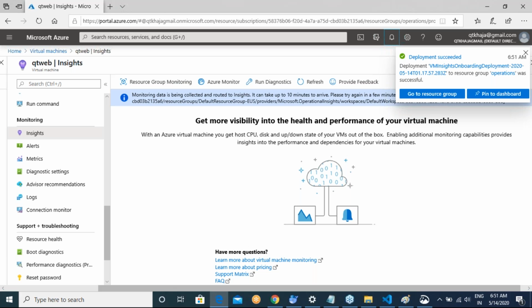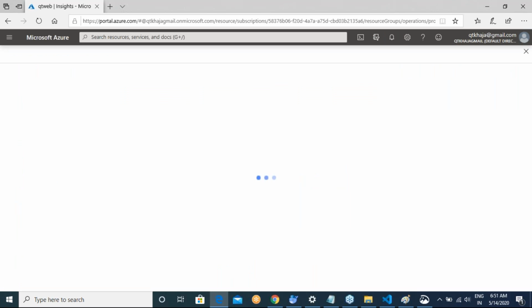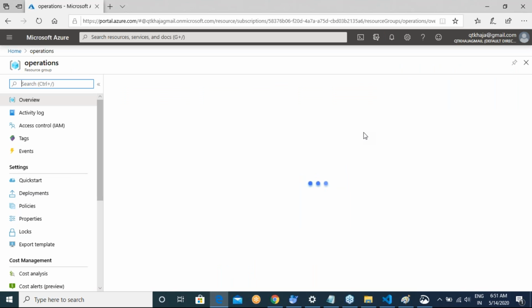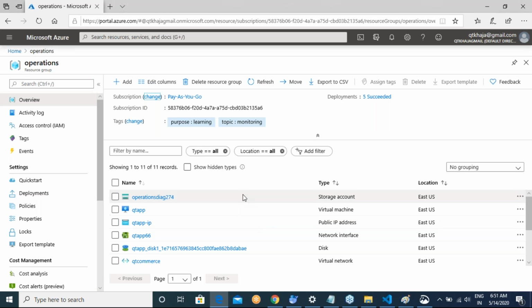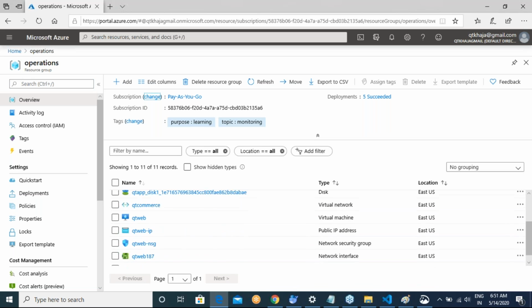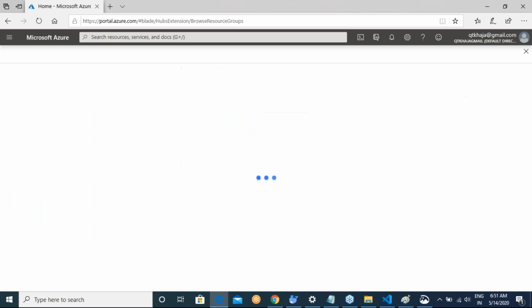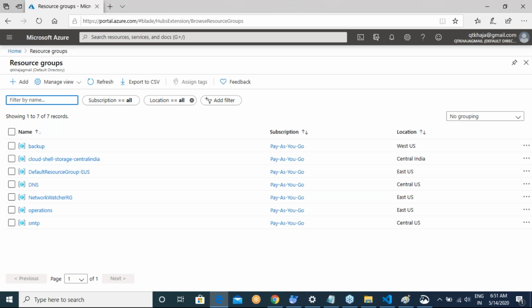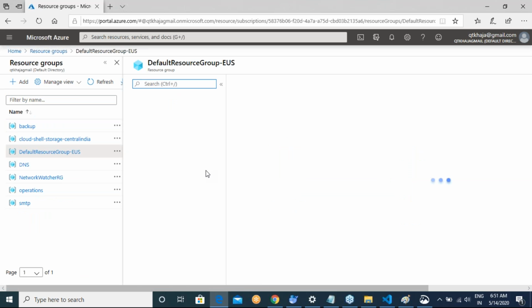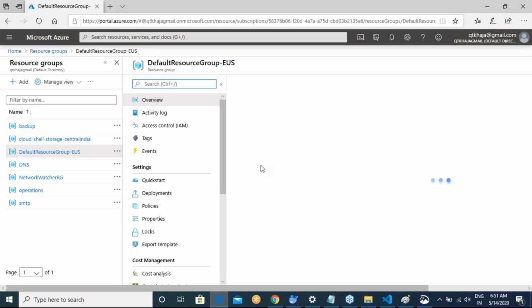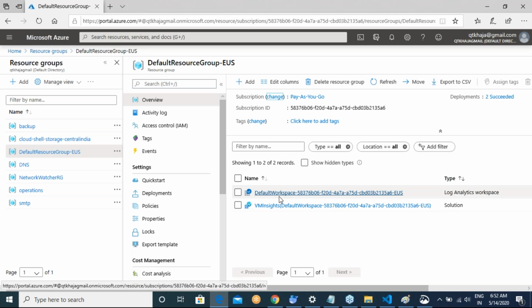Good. Now it is being done. Now let us get into the resource group to see what has happened. In this resource group, it says that it has created it. But let me get into all the other resource groups. There is something called the default resource group. Let us see what has happened over here.